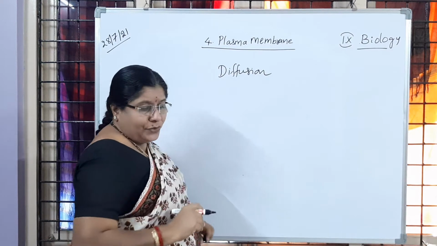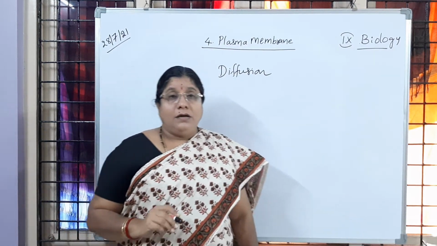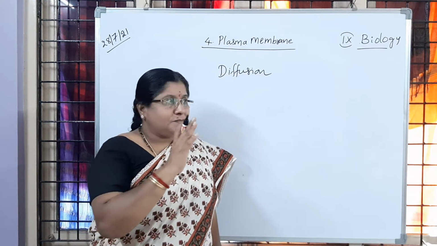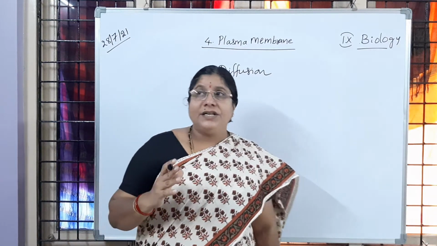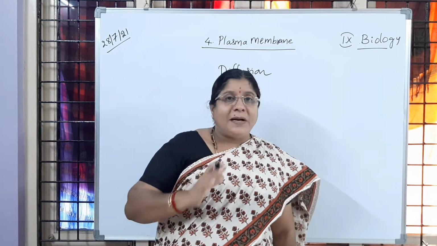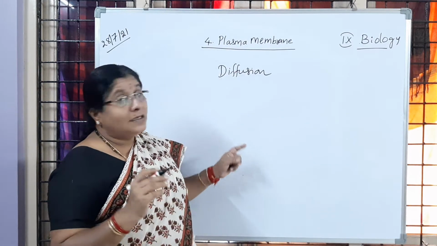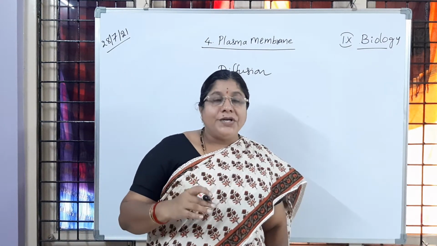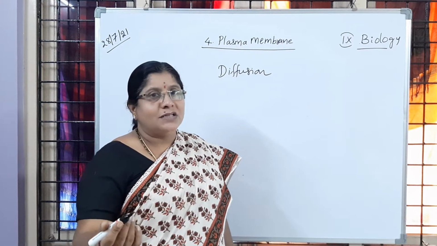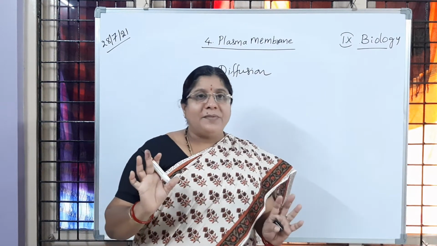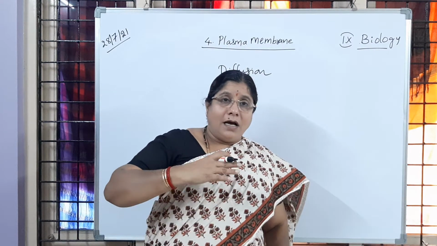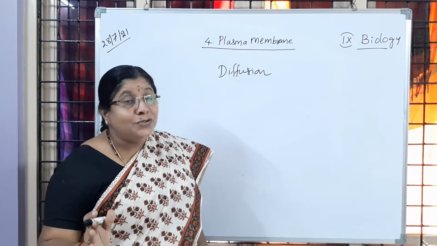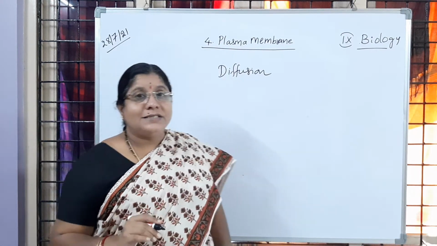So what do you mean by diffusion? Now osmosis, if you recall, is the movement of water from low concentration to higher concentration, which you have observed, through a semi-permeable membrane. That process is called osmosis. Whereas diffusion is the reverse: the movement of molecules from higher concentration to lower concentration, and there is no need of a semi-permeable membrane. Without any aid, the movement of molecules happens from high to low concentration. That one we call diffusion.